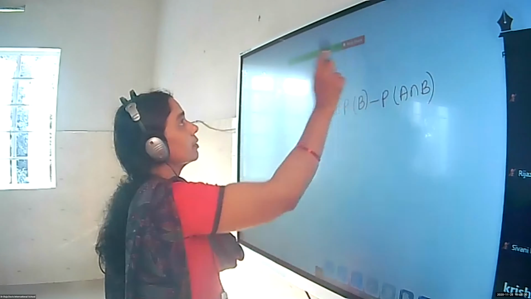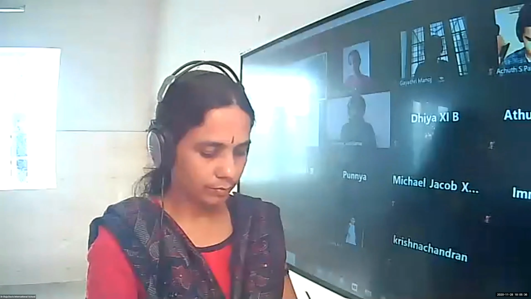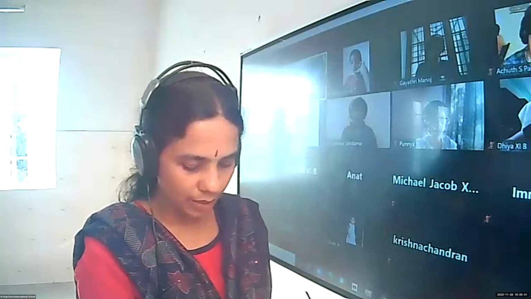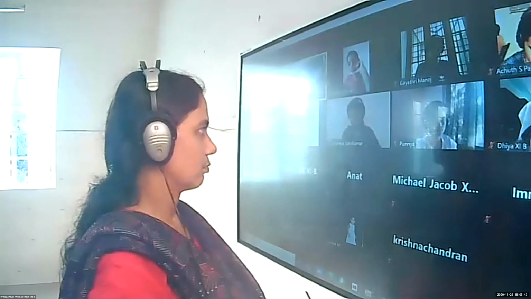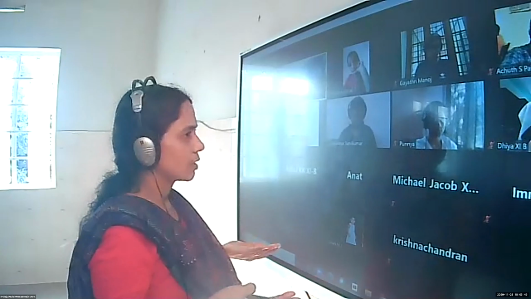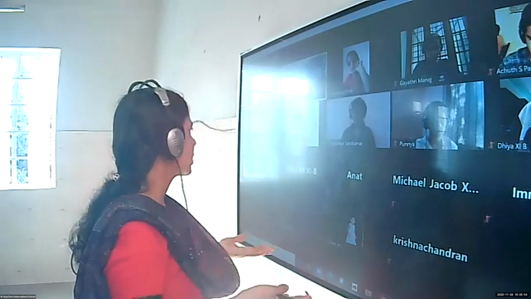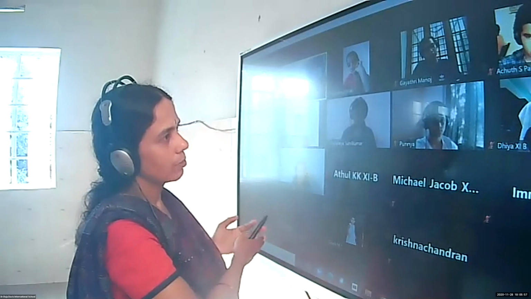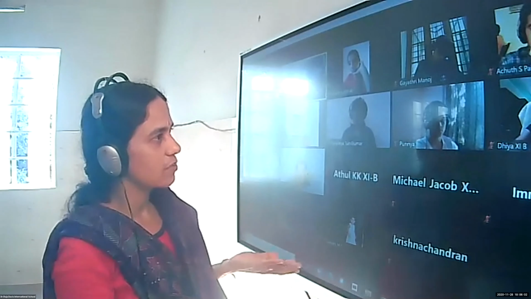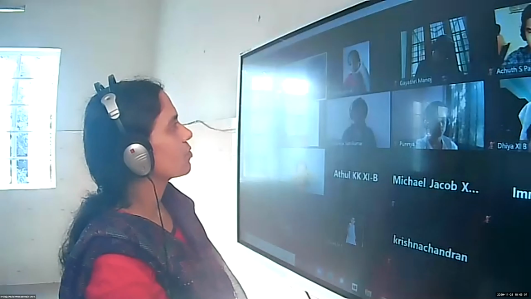Okay, children. Now one sample space is given with the respective probabilities, and you are asked to verify whether it is valid or not. Not valid means it will not satisfy the conditions given: the probability of an event lies between 0 and 1, and the sum of all probabilities is 1. If that condition is not satisfied, then we say it is invalid. Okay, so let's try that one. That type will be asked as a 1 mark question.